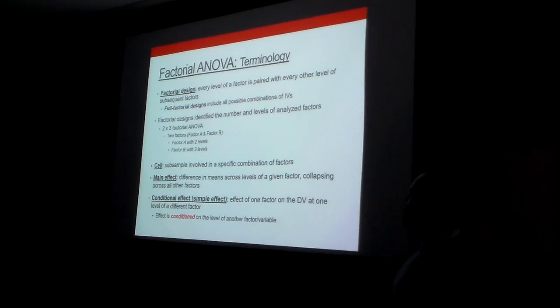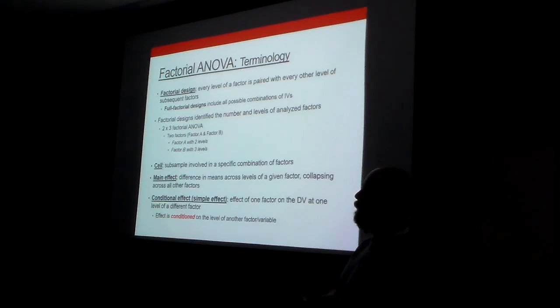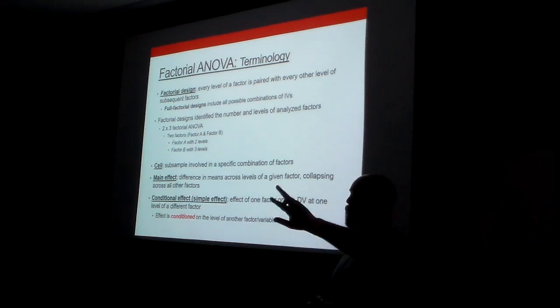Our main effect, this is going to be our difference in means across levels of a given factor, collapsing across all other factors, okay? This starts to get a little bit heady. We're going to go through some examples, but if I'm talking about a main effect, like again, my 2 by 2, let's keep it simple. We're looking at men and women in engineering and econ, okay? Layla, what's my main effect of gender going to be looking at? One gender in both majors. Mm-hmm. So like men make more money in both econ and engineering when compared to females. Exactly, right? Collapsing across, ignoring major, we're just looking at whether men make more than women,